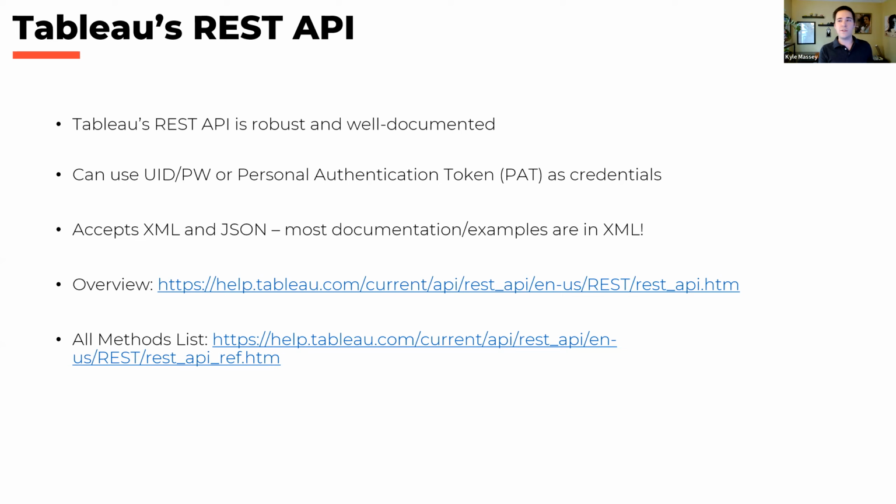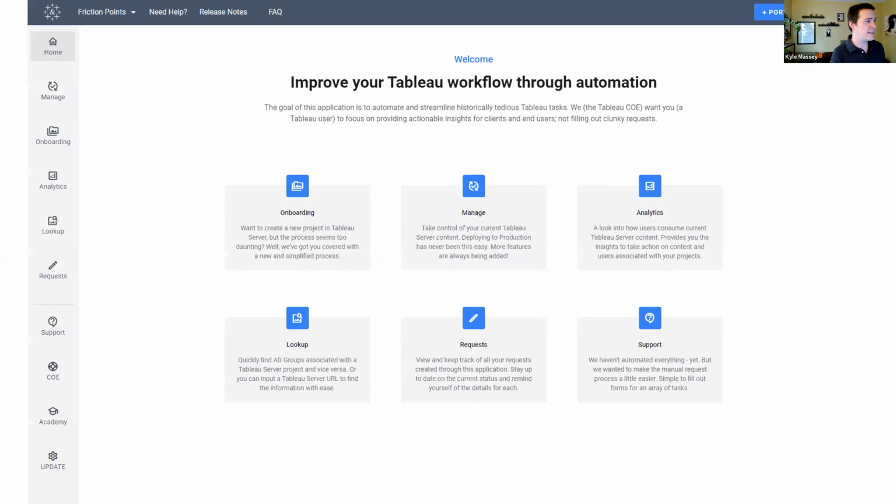So internally, we've developed a web application that looks like this. And what this does is our users come here instead of logging into Tableau Server, and we've created different flows for them where they can deploy content, they can stand up a new project, they can add and remove schedules. So you can see here, the user comes here, they land here. We've already identified who they are using our firm's identity provider.